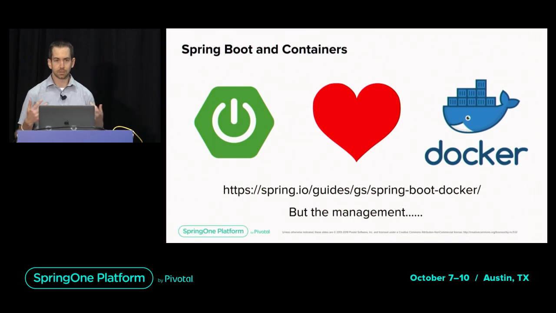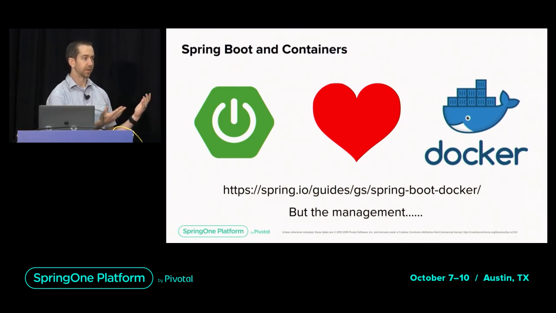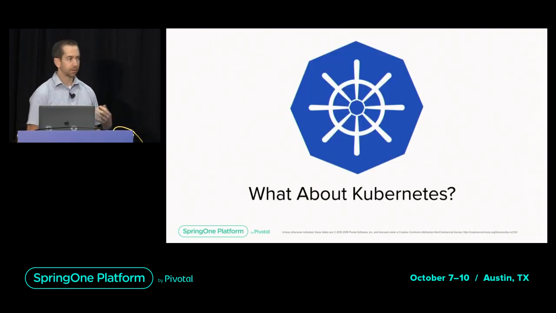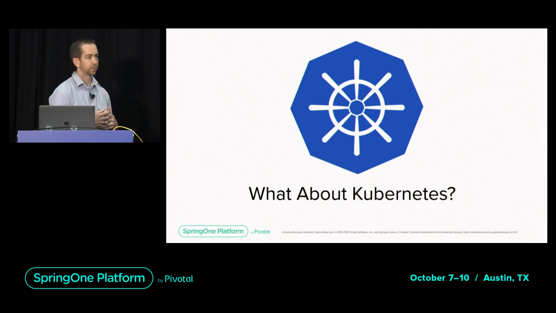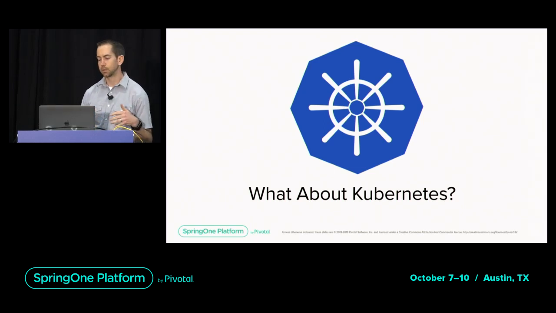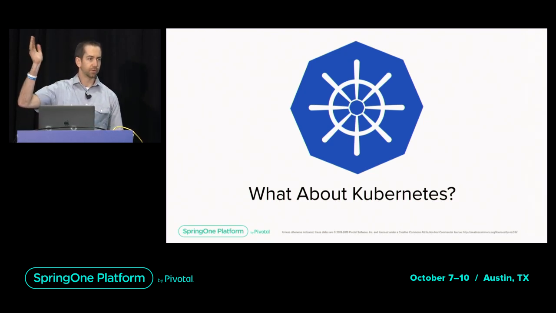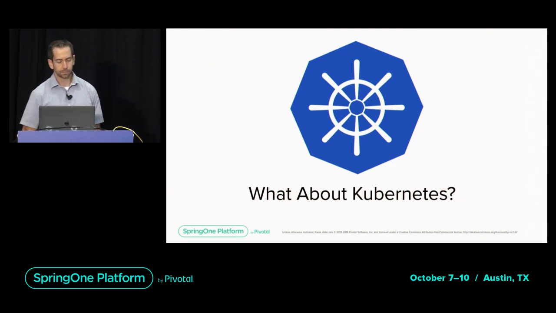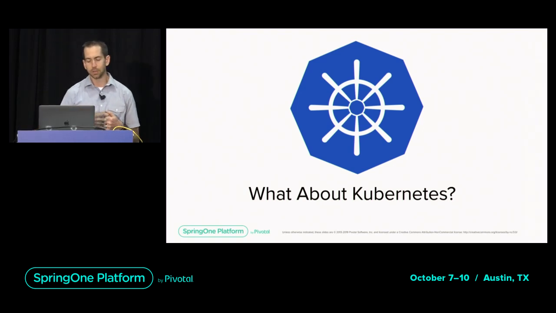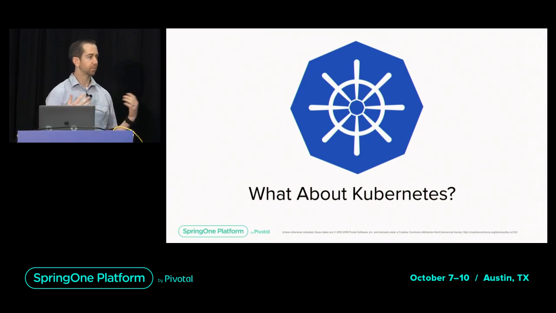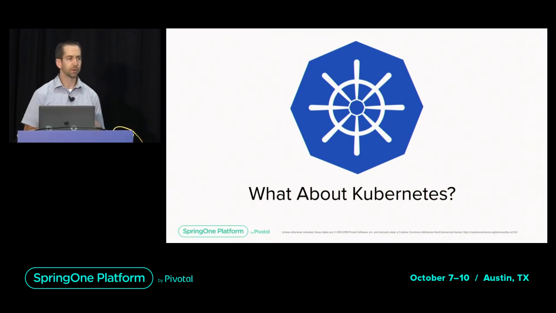All this stuff is something that Docker doesn't solve out of the box. It just provides you with a container, right? But if you have lots of these containers, what do you do? So that's where Kubernetes comes in. Imagine it as your container management system. Who here is already familiar using Kubernetes today? Wow, a lot of you guys. Cool. So a lot of you already know what Kubernetes is. We can deploy all our containers there and run our apps, and it takes care of all that hard stuff that we don't really want to have to worry about as developers.